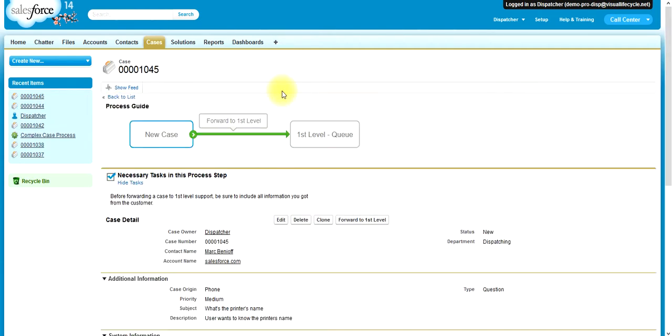Probably the first thing to notice on the case detail view is the process guide. The process guide's main purpose is to show the user where exactly in the process he currently is and what his possible next steps are. In this case, the process is in the state new case, and there is only one possible action: forward to